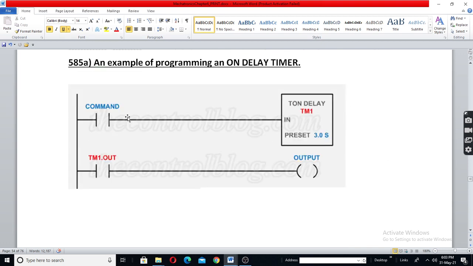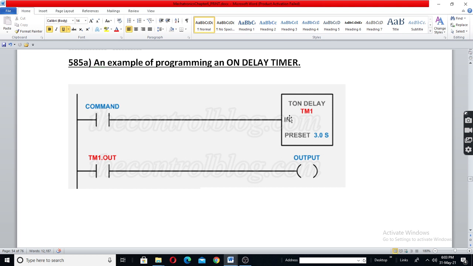A simple example. See the input. Input is also called as enable or command, or start, anything that is given to the input.